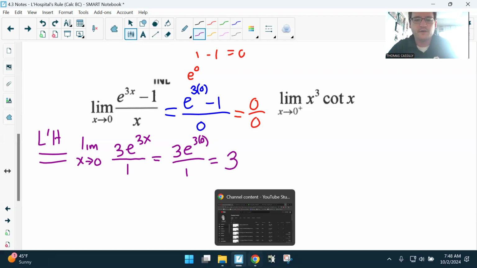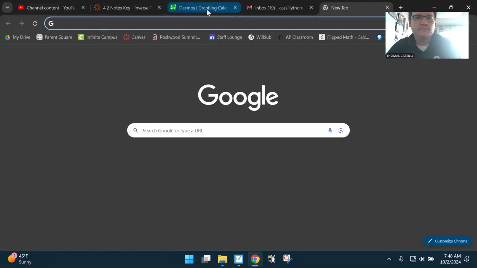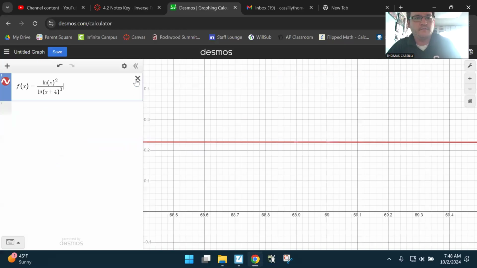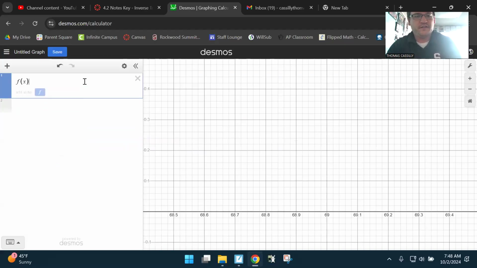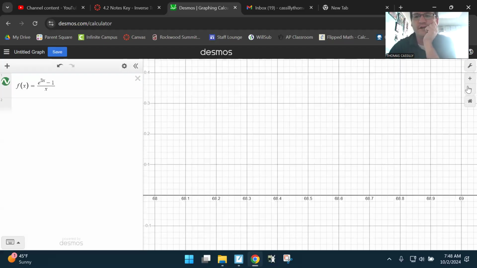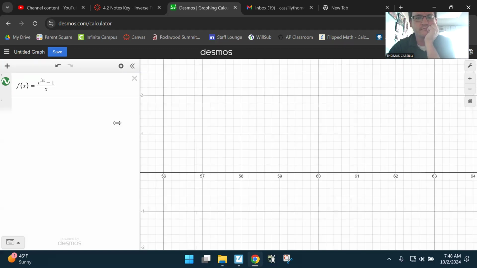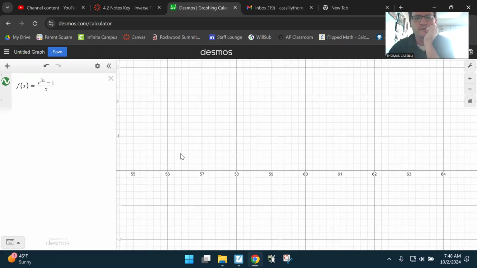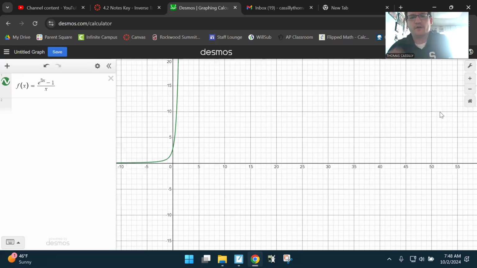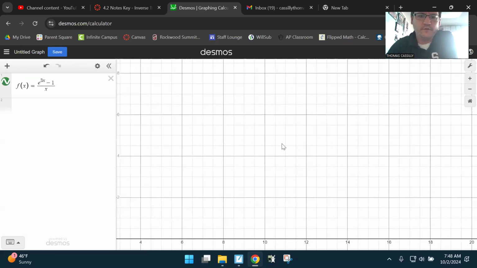And so maybe let's confirm that. Let's just go to Desmos here and look at it. Let's say f of x equals, I think it was, e to the 3x minus 1, I believe, and then all over x. Right, so if I look at this function, I've got to zoom out far enough. Here we go. All right, so if we look at this function,